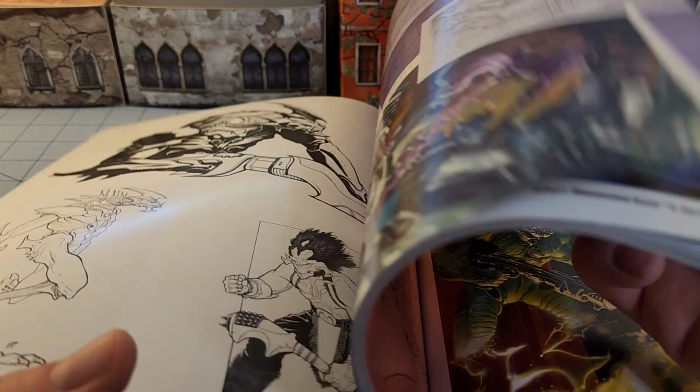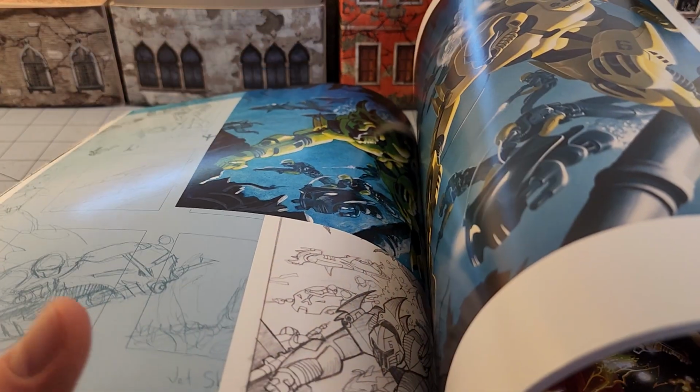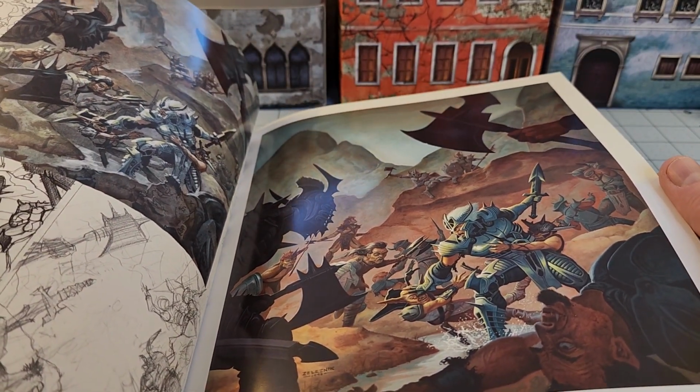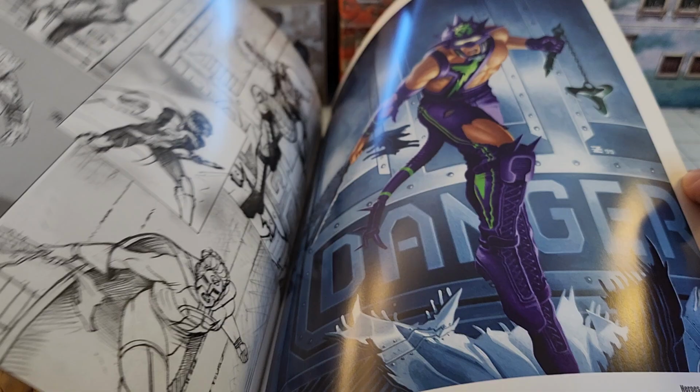Preliminary sketches for the cover. Coalition Navy book. Now that's one I've always wanted to read. If you guys have any interesting recommendations, if you still have any of these books, by all means, please share them. I'm curious. Old Kingdom. Okay, that looks like fantasy stuff. We kind of hop between fantasy and